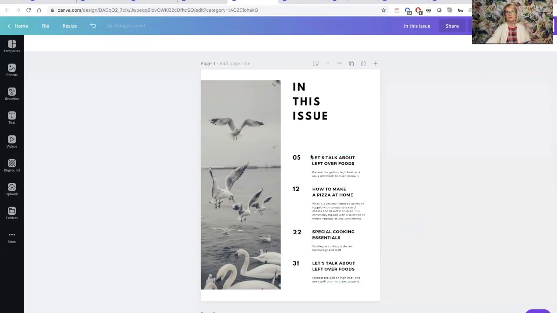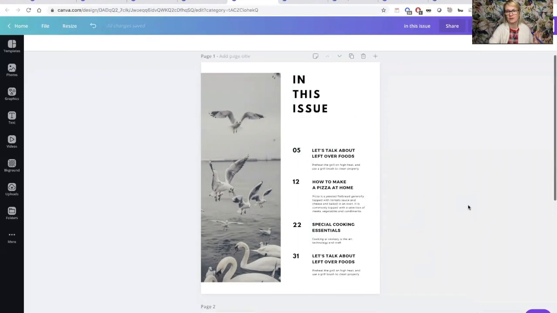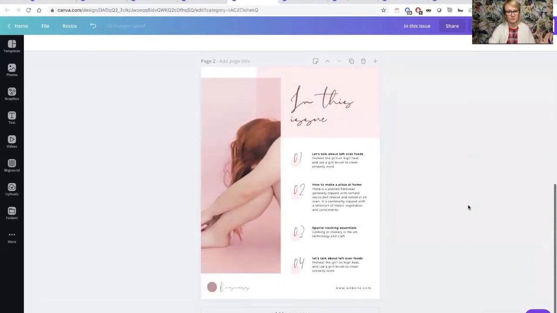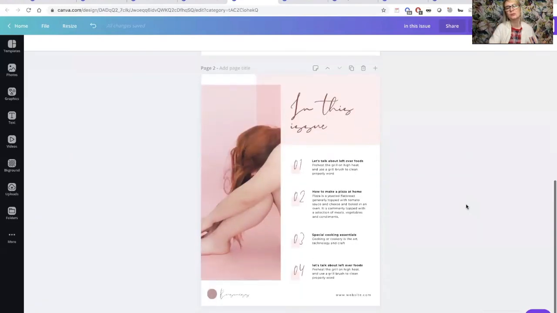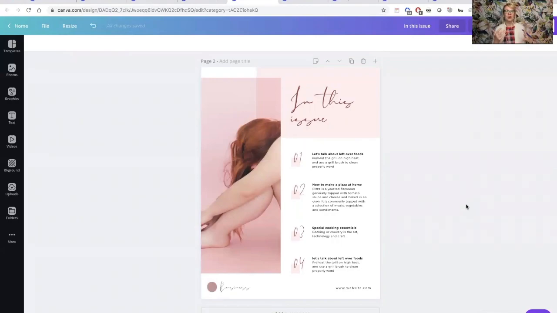I changed the numbers to be like a numeric sequence, but I didn't change any of the content here. So that might be throwing you off a little bit, but the point here is to see the visuals, how they change. Here, again, we go from this black and white, almost cold, super modern, very simplistic design to a more girly, soft, pink, almost journal-like layout. What I did was change the typefaces, the image,